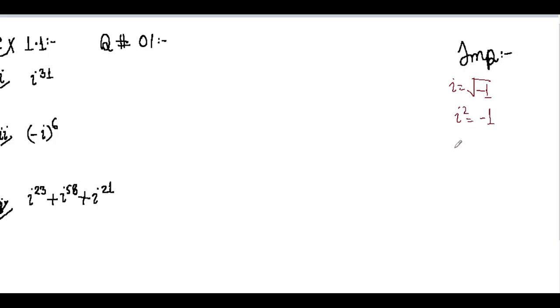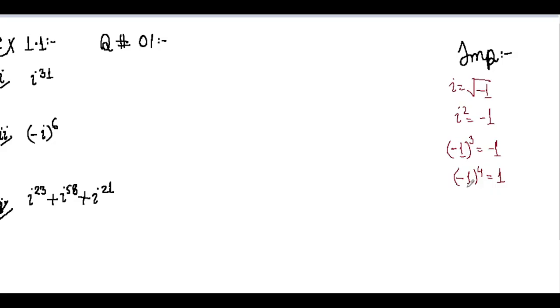Then we must know that whenever there is a negative number with an odd power, odd powers are like 1, 3, 5, 7, 9, 11 and so on, we get a negative answer. But when there is a negative number with an even power, it can be any of 2, 4, 6, 8, 10, 12 and so on, we get a positive answer.